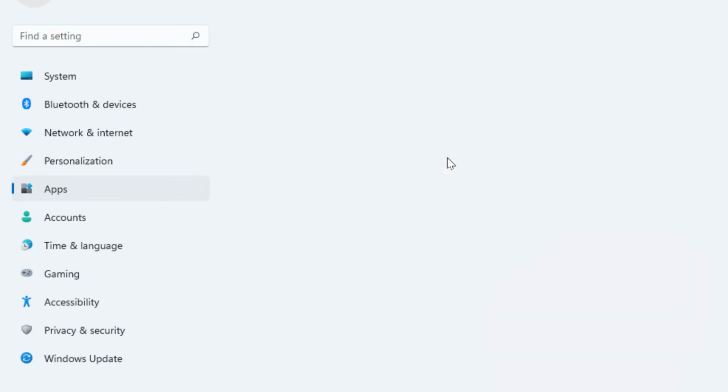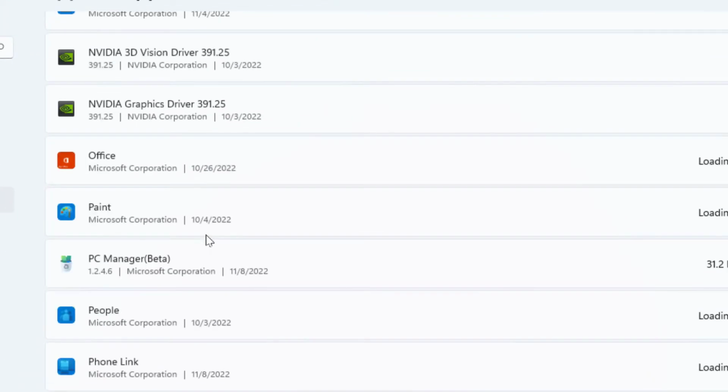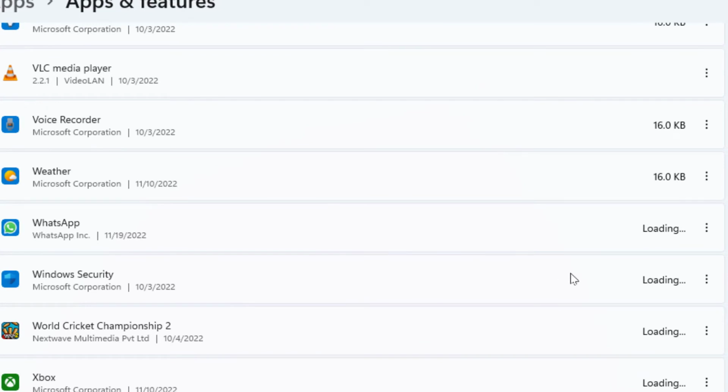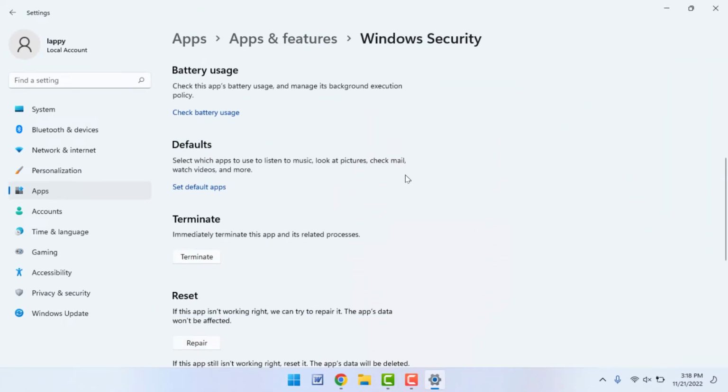And here, guys, scroll down and find the Windows Security app. Just scroll down, and at the end you can get the option Windows Security. As you can see, just click on the three dots option. From here you need to open Advanced options like this, and here, guys, scroll down once again slightly,